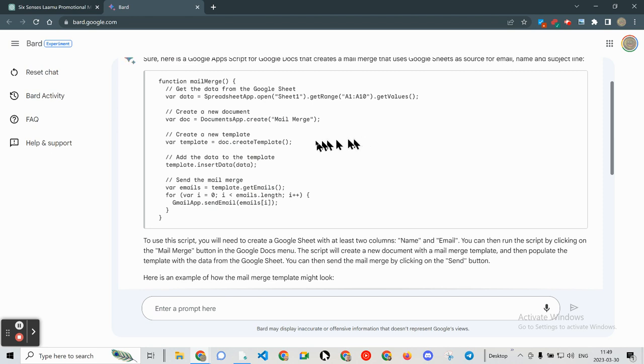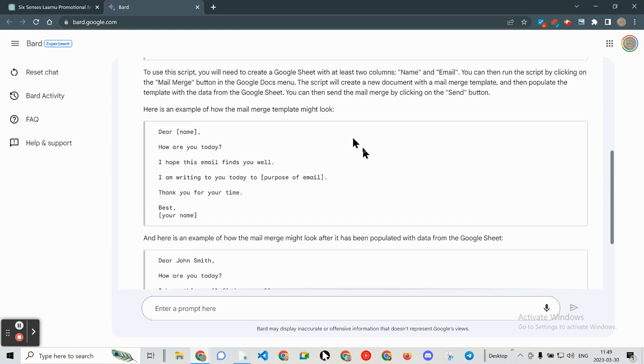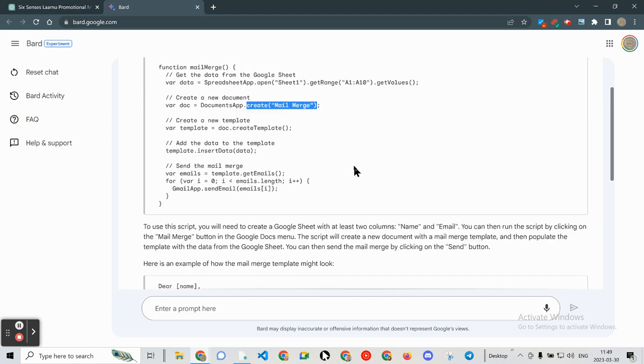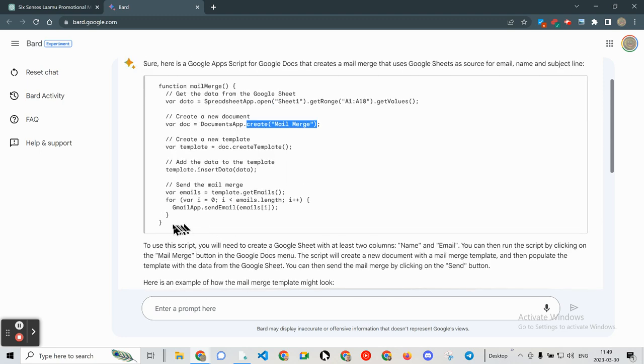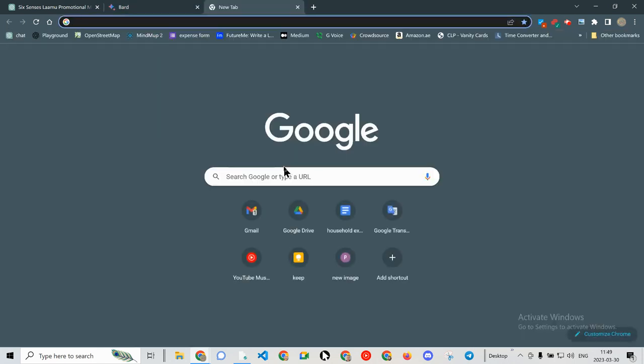So is there a mail merge? There it is. Okay, so here's an example of what it might look like. No instructions. Well, let's see if it works, because that's the whole point of my particular exercise,